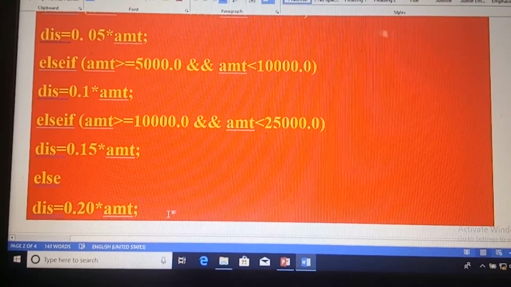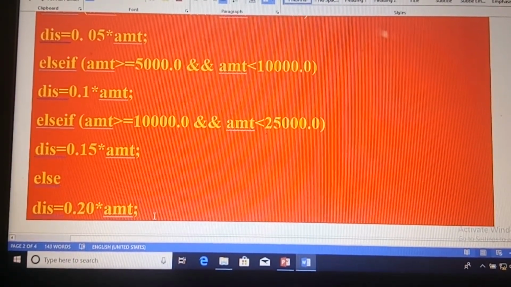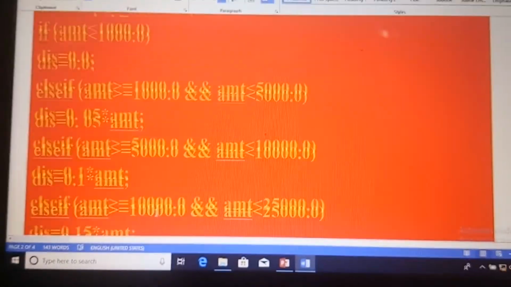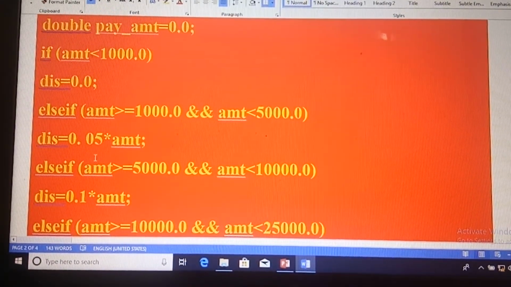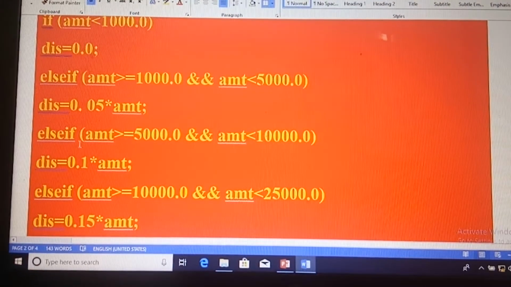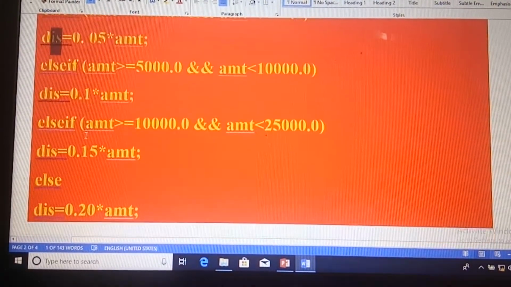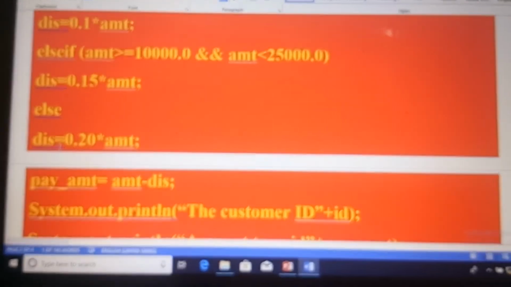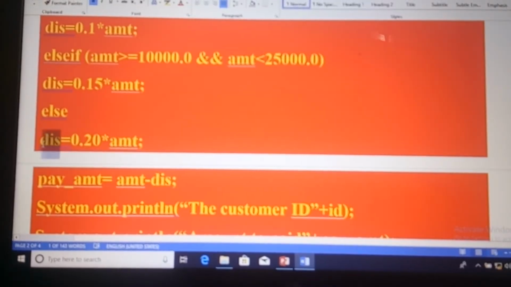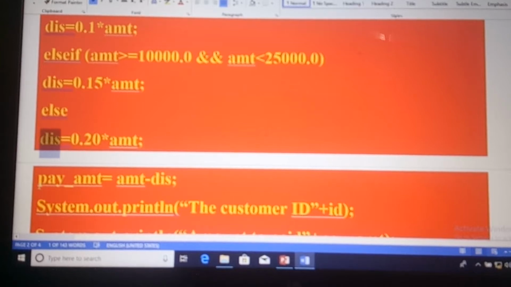So by checking the amount that is stored in the variable AMT, the discount will be calculated and the discount amount will be stored in the variable DIS. Now we have to find out the amount to be paid by the customer.